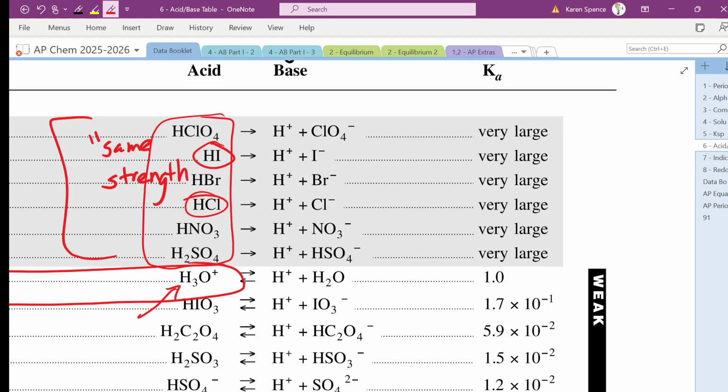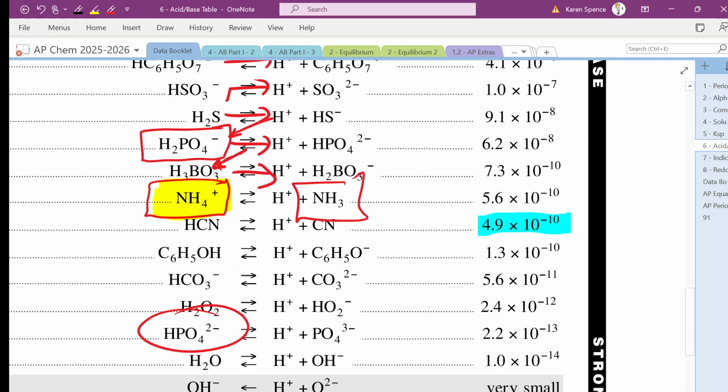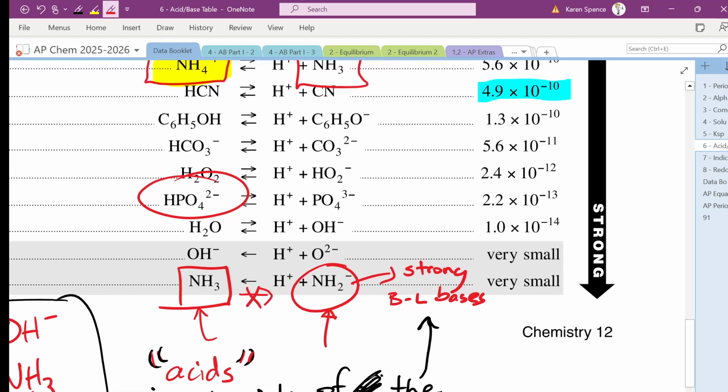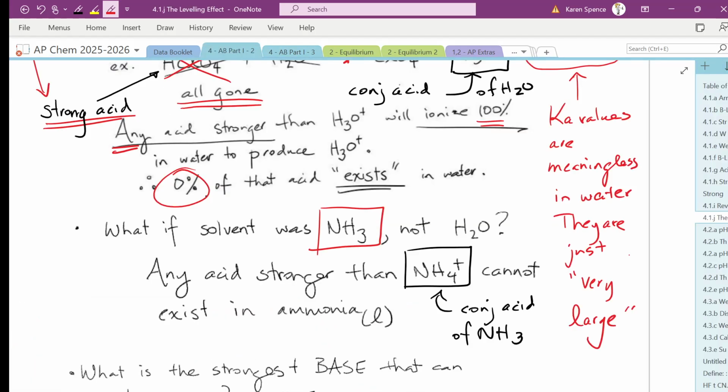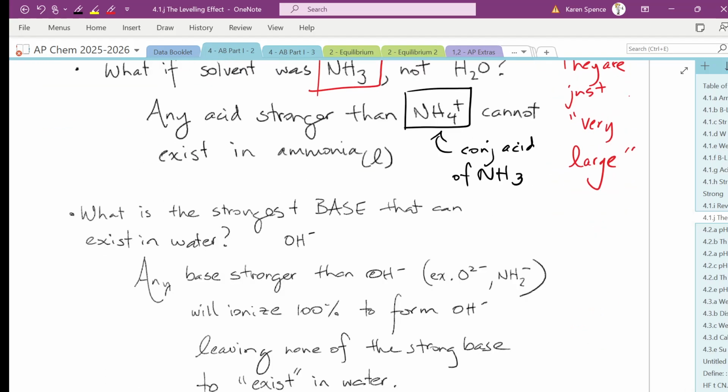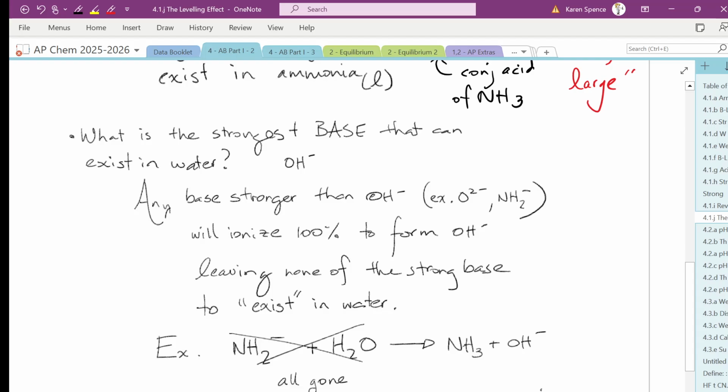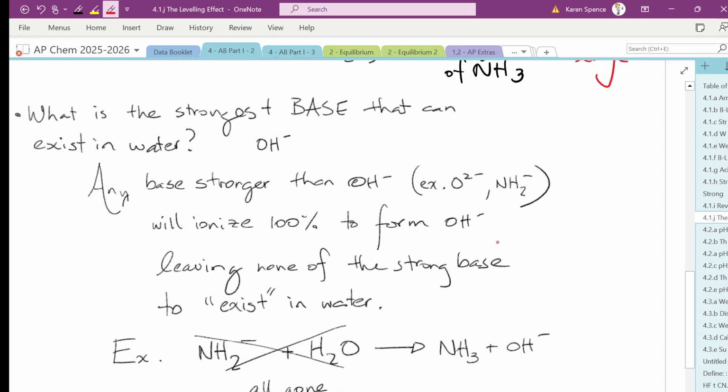Okay. The other two things you need to know is that the strongest acid that can exist in water is H3O plus. Who do you think the strongest base is that can exist in water? OH minus. Okay. And if NH3 were the solvent, then the strongest base that could exist in NH3 would be NH2 minus. Yeah. So any base stronger than OH, for example, O2 minus or NH2 will ionize 100% to form OH, leaving none of